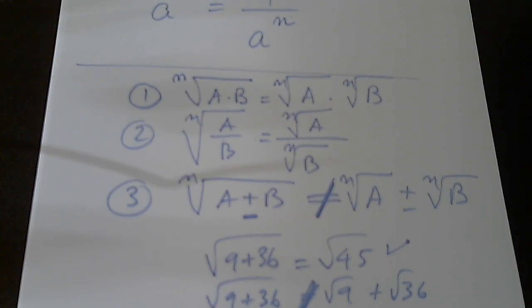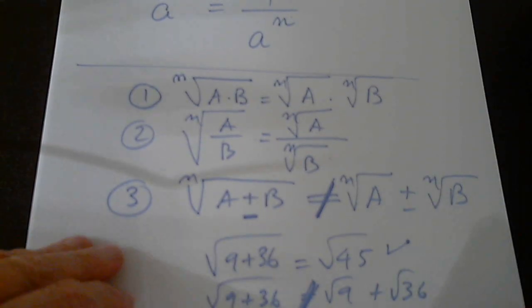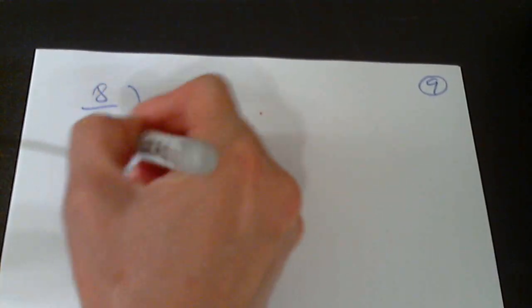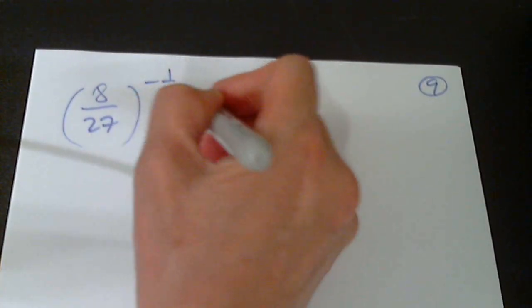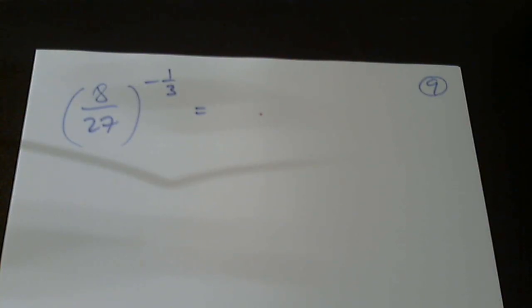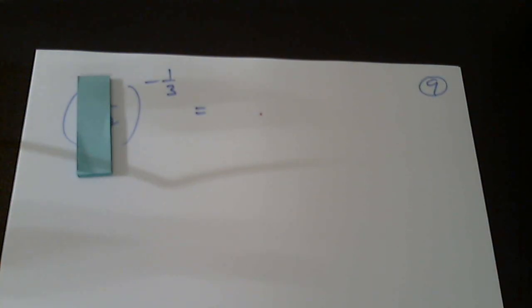Okay, so let's look at another example, a fraction with a negative exponent. The fraction is 8 divided by 27, everything to the negative 1/3. Good. So any base raised to a negative exponent, don't look at the base just now, represents a fraction, as we said a few minutes ago. Please remember that. It's 1 over this